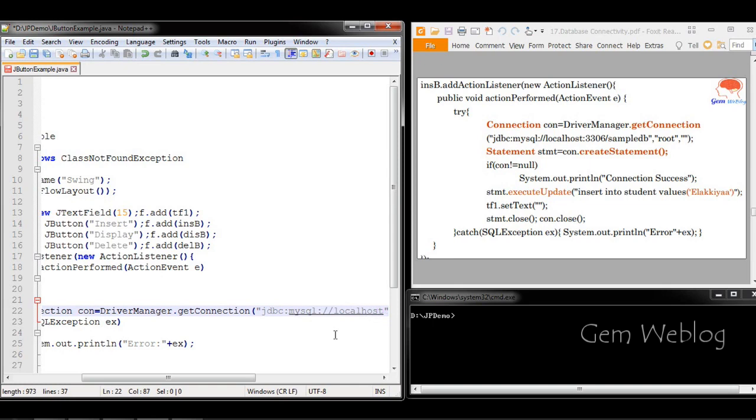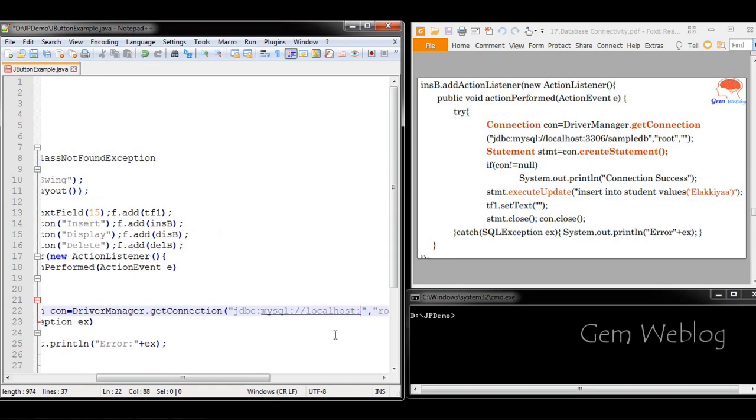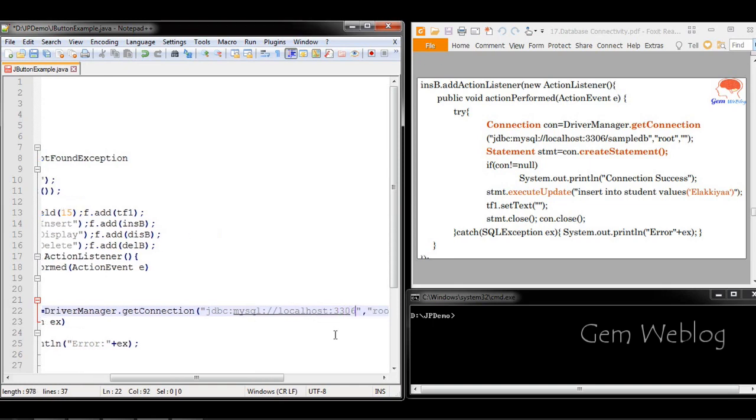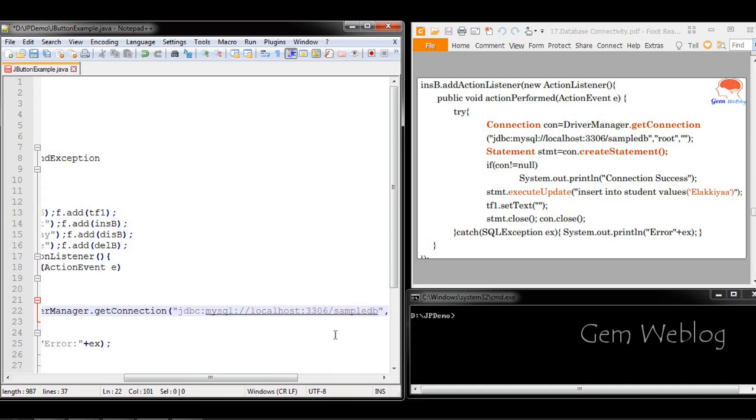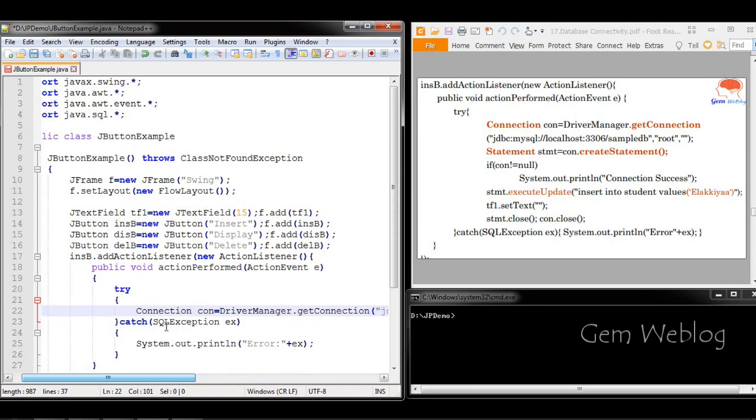We have to give localhost followed by port number 3306, which appeared when the database was started. Then followed by the database name that we have created. SampleDB is the database that we have created. So we have provided the information for getConnection.